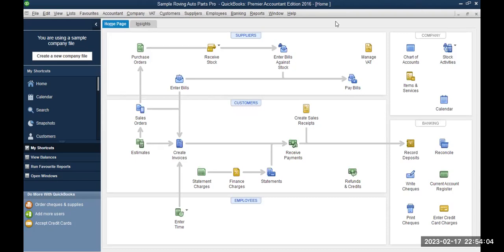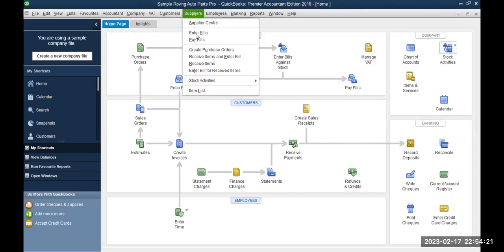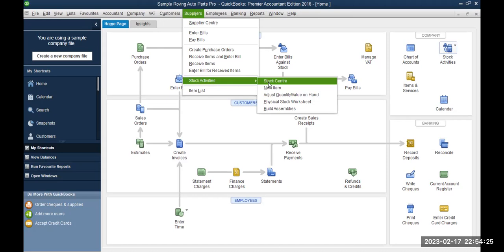Now, when it comes to debtors reconciliation, even so, the way you saw, you have a stock center where you can go and you see. So the stock center, there are two ways to go to it. From the home page, there is stock center. But there is also under suppliers and stock activities, there's also stock center. So when you go there, you can actually view each stock item by item and reconcile any stock that has